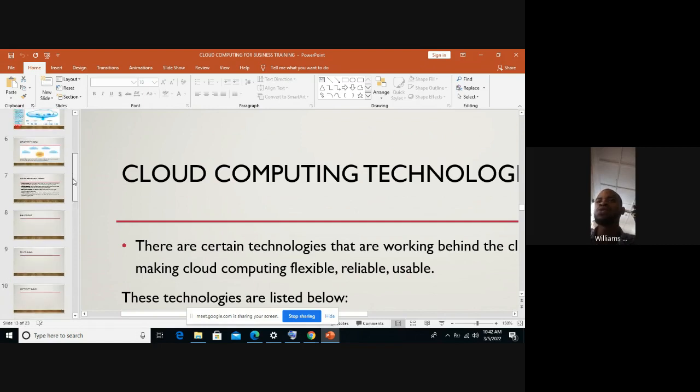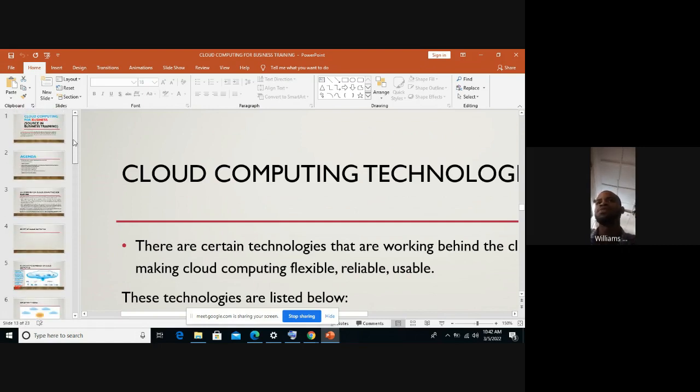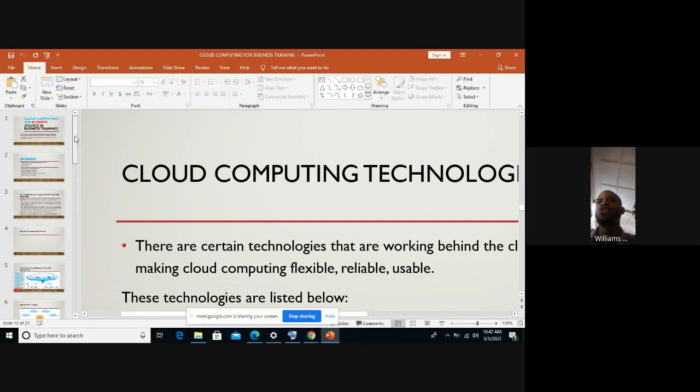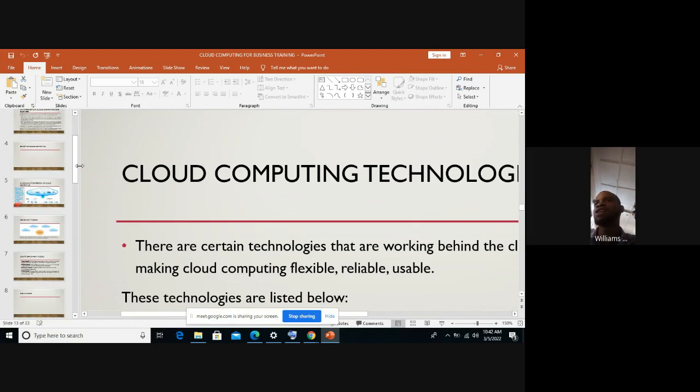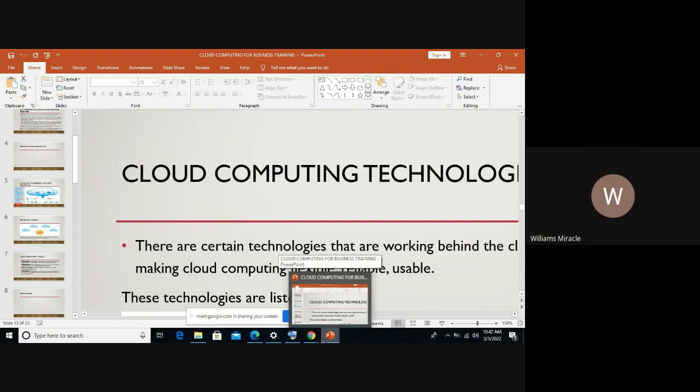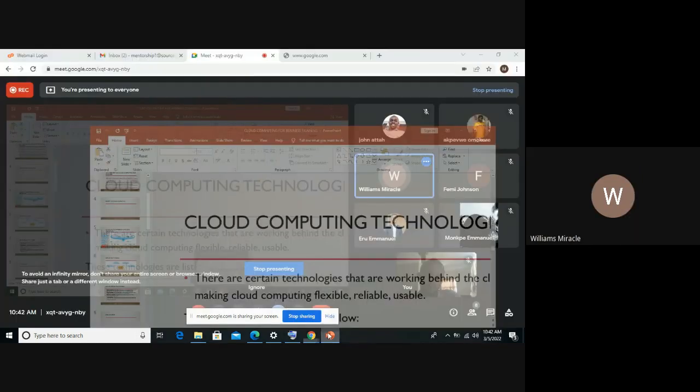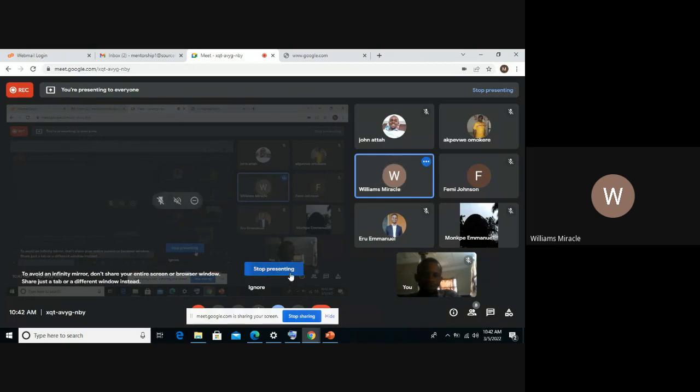So quickly, I was talking about that before you ever decide that you want to migrate your business to the cloud, there are key pieces of information or requirements that are necessary for you to consider. One of them is data security and privacy requirements. So it's very important for you.